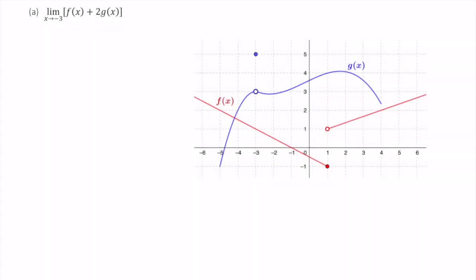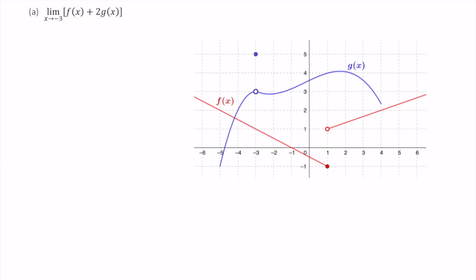Welcome. In this video, we're going to be applying the limit laws, and in this case, we're going to use a graph to apply the limit laws. So here we're given the graph of a function g in blue and f in red, and we're told to find the limit as x approaches negative 3 of the sum of f of x plus 2 times g of